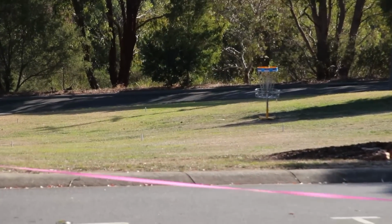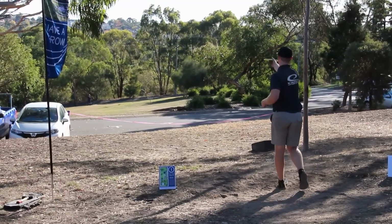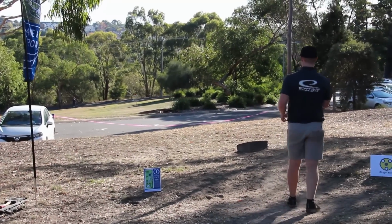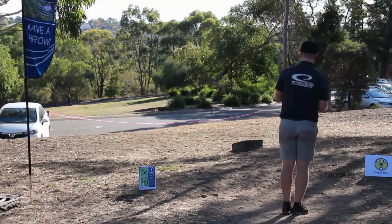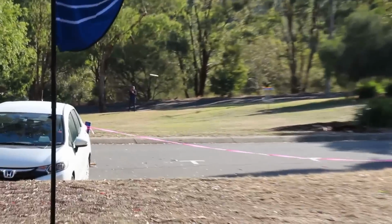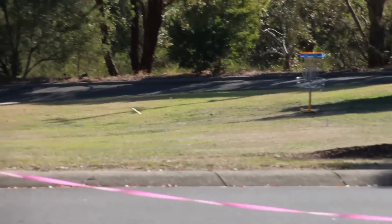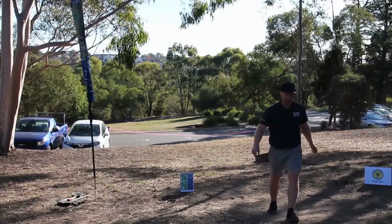Jazz is going backhand on a great line. Yeah, well played. Slight flex, just stops at the basket. Great shot. And here's Paddy, the common play, the forehand, something overstable. Yep. You got a good slope of the green to sort of knife into and slow down. Oh yeah. Good chain, high skip,